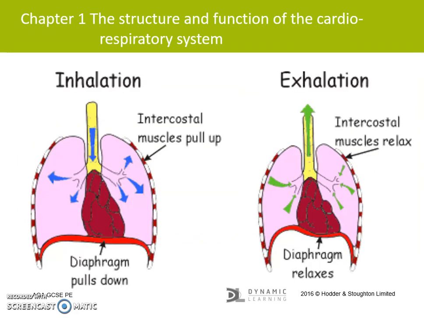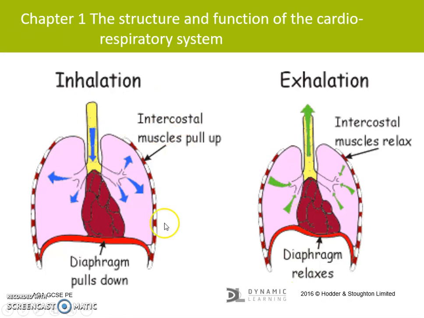If we have a look at this drawing here, you can see the diaphragm at the bottom. The diaphragm sort of goes underneath your rib cage. And when you breathe in, the inhalation here, you've got your diaphragm which pulls down. So it contracts, pulls down, and it increases the area inside your chest for where you can get more oxygen in. And when we breathe out or exhale, the diaphragm relaxes, it pushes up, and it tries to force air